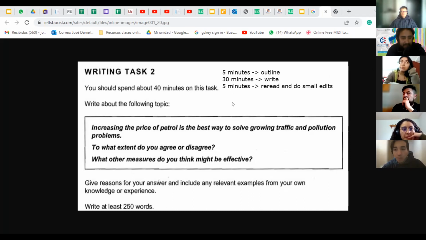You can start with the essay and then do the graph description, but you should try to be very careful with the time management, because if you take too long in one of the two parts, then you won't have time for the other. Okay? So with all of that in mind,